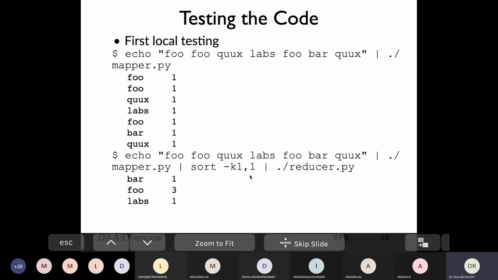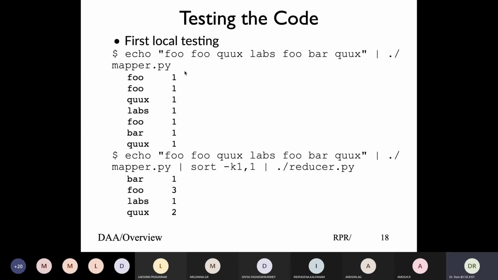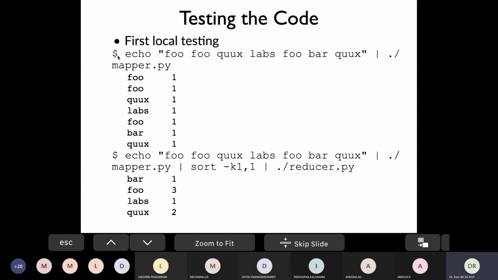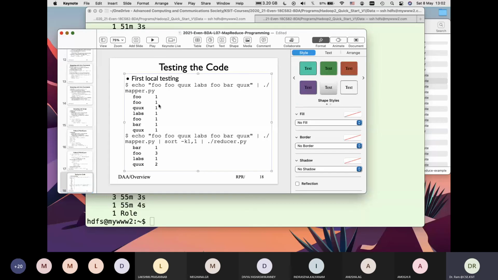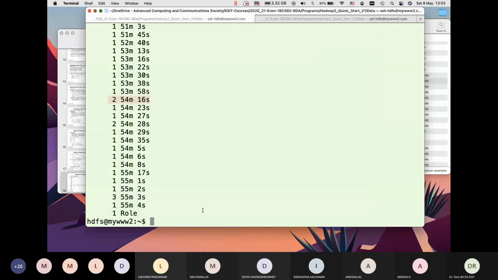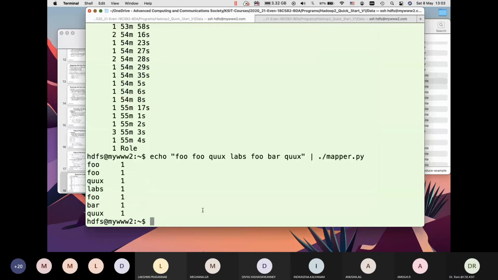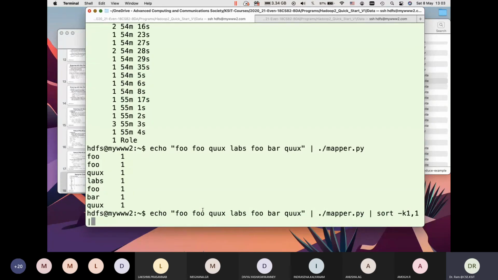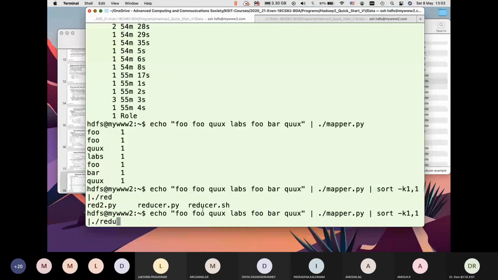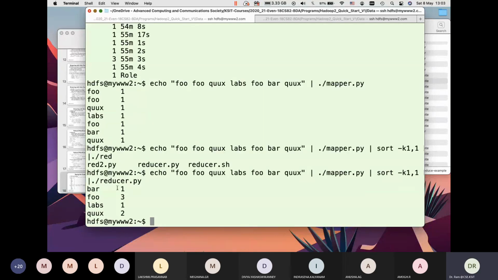Let's run this program through a basic simple command line and then we can run it through the MapReduce framework as well. And I can sort on only one field, and then you basically get the output.